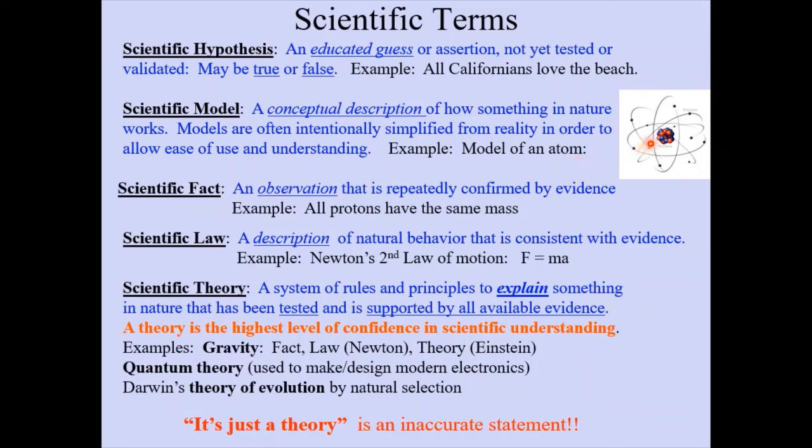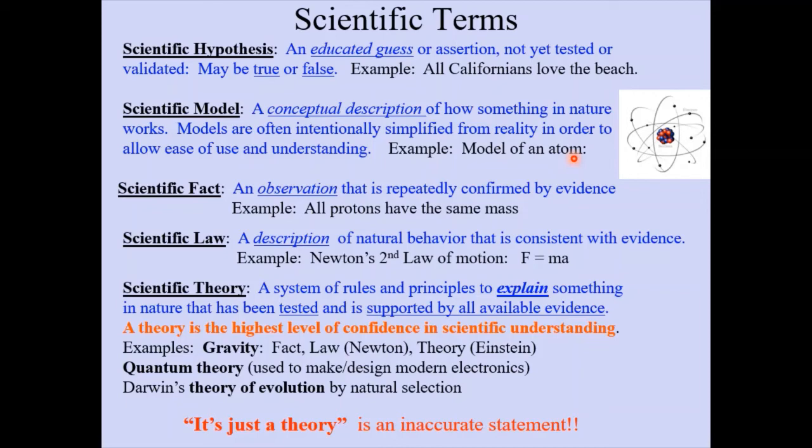where we have this nucleus in the center and we have electrons in these orbits or energy shells around the nucleus. And that's not really completely the way an atom works and is. However, it is a very successful model that explains a lot of the properties and characteristics of an atom, and that's what makes it a successful model.